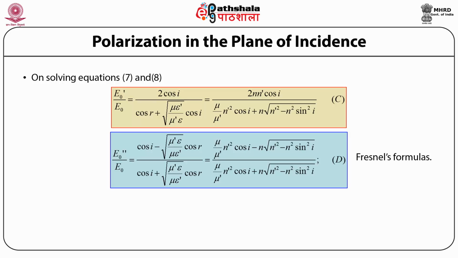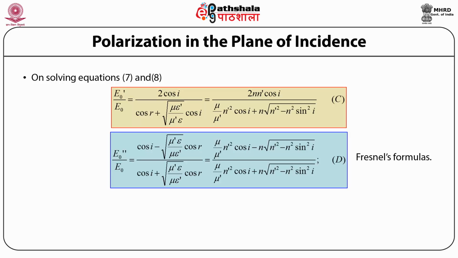So the ratio of the amplitude of the electric field of the refracted wave to that of the incident wave is given by the relation twice cos of the angle of incidence, by (cos of the angle of refraction plus square root of mu prime epsilon prime by square root of mu epsilon times cos of the angle of incidence), and this can then further be written as twice the refractive index of medium 1 times the refractive index of medium 2 times cos of the angle of incidence, upon (mu by mu prime times the square of the refractive index of medium 2 times cos of the angle of incidence plus the refractive index